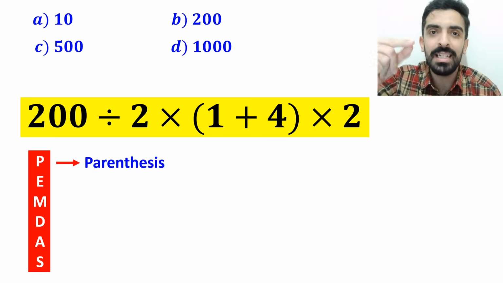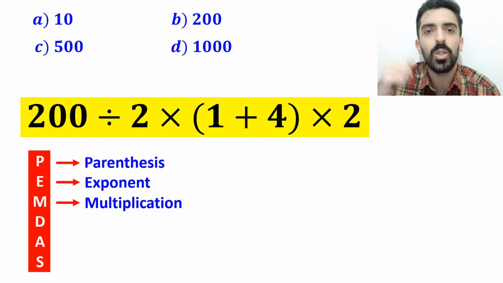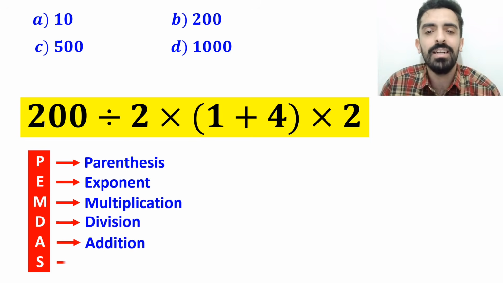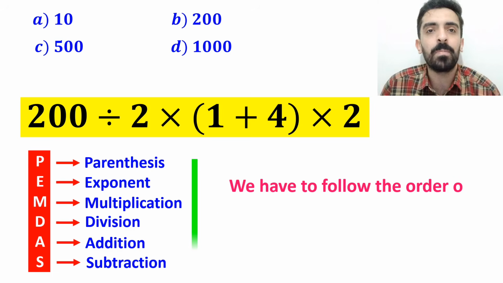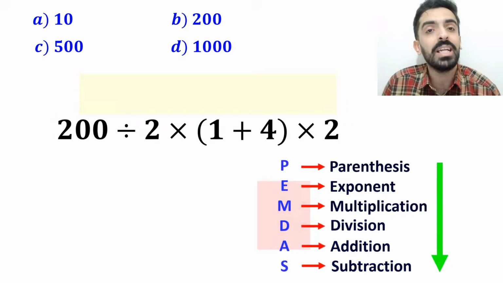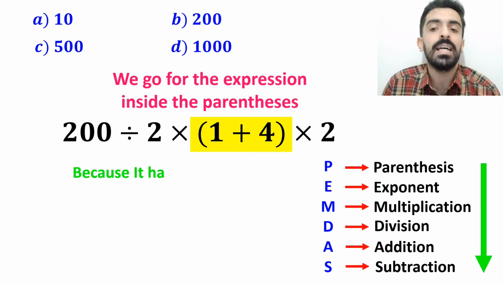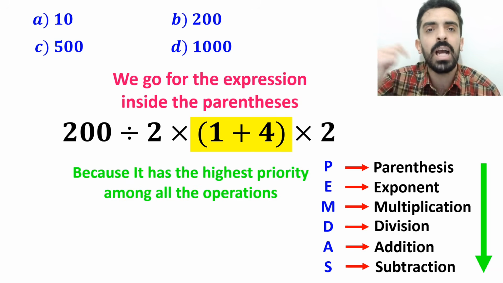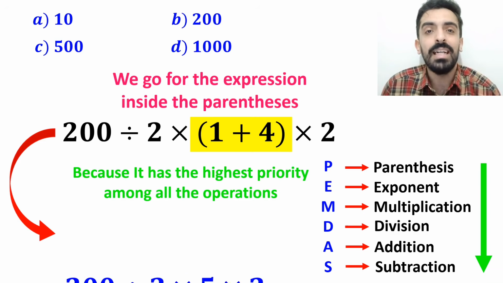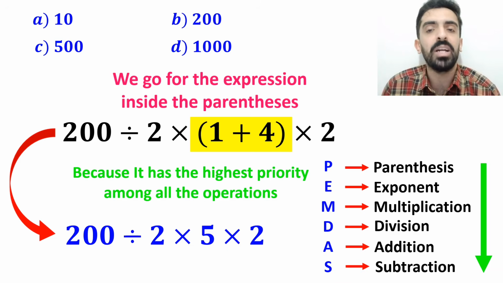In this rule, P stands for parentheses, E stands for exponent, M stands for multiplication, D stands for division, A stands for addition, and S stands for subtraction. We have to follow the order of operations I told you, step by step from top to bottom. Okay, in the first step, we go for the expression inside the parentheses because it has the highest priority among all the operations. So, instead of this expression, we can write 200 divided by 2 multiplied by 5 and again